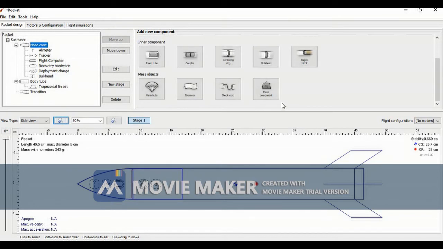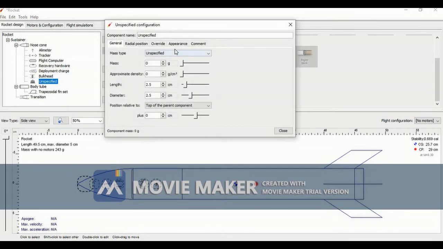Now in this we will be putting a mass component, and we will be putting the payload. In the payload, astronauts, rovers, or explosives are carried. The payload system is the one place where astronauts stay and rovers are packed. Satellites are also there.